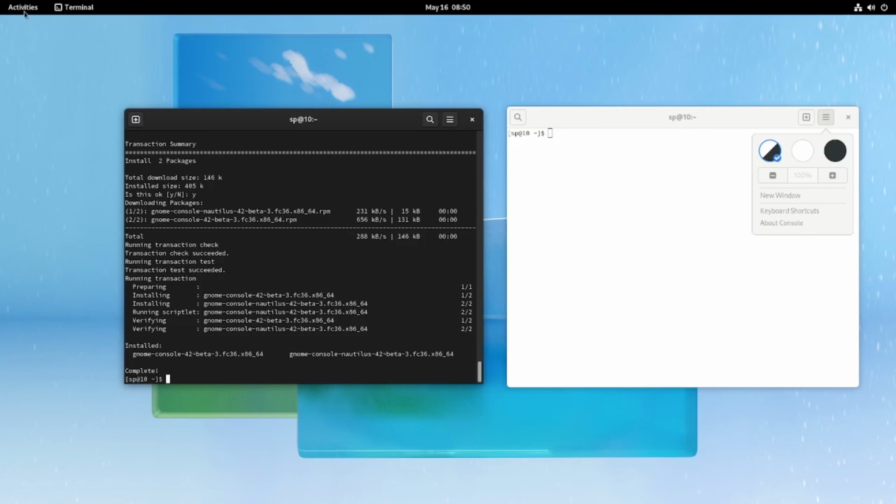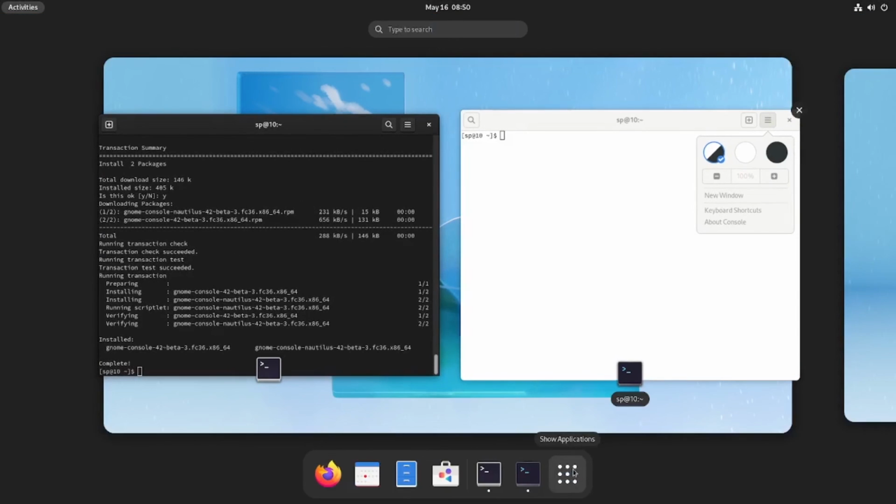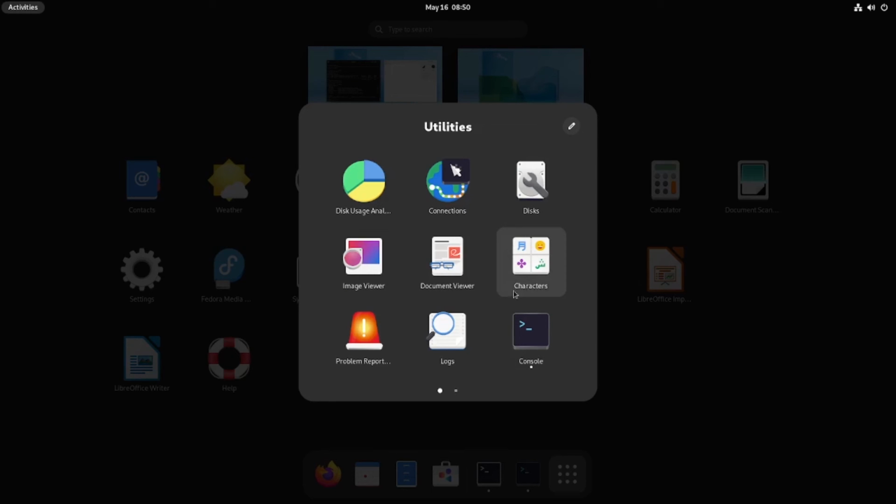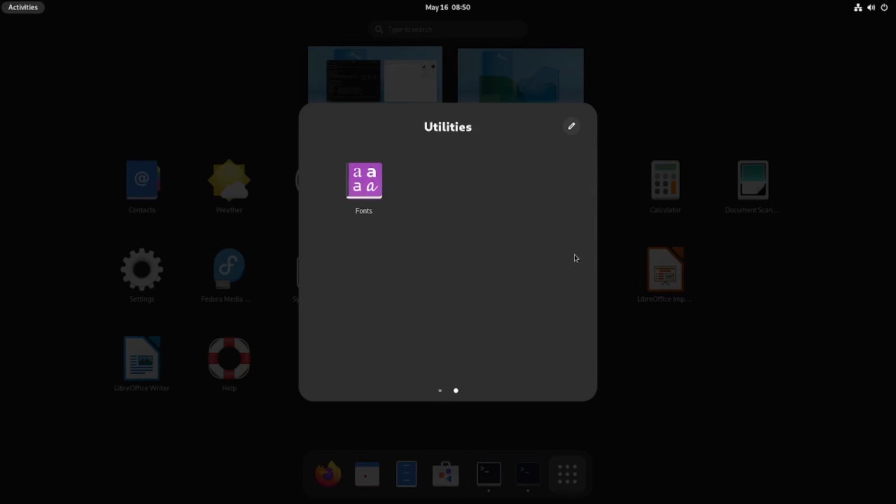Okay, and then let's go to the menu. What kinds of applications are bundled in the Fedora 36 Workstation? We can see here there's Office, and then text editor, then everything that we can use for daily use, and the utilities. We have this usage analyzer. You can check it by yourself later.